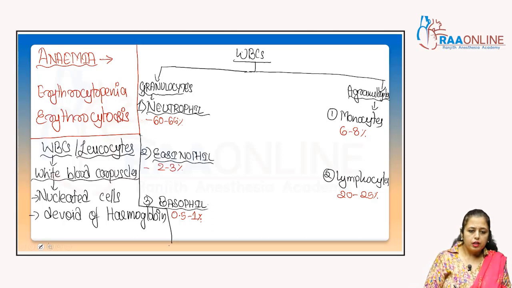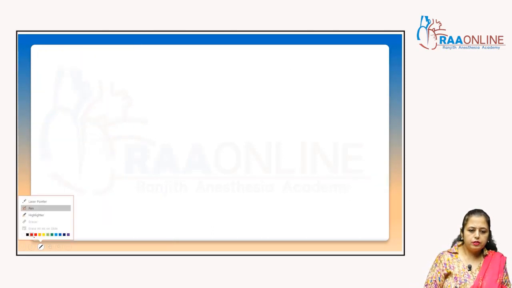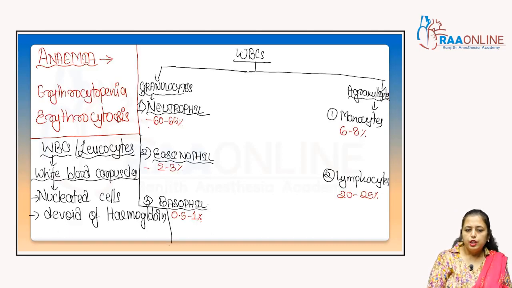Clear? Now what will happen? Neutrophil's nucleus is 3 to 5 lobed actually, right? It is 3 to 5 lobed,